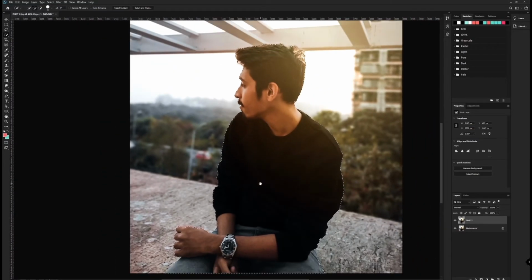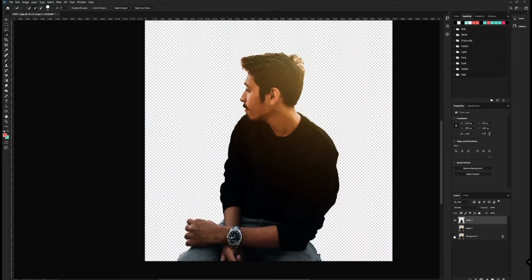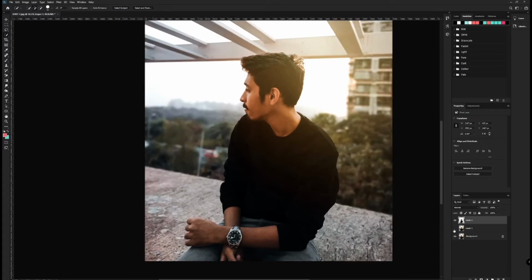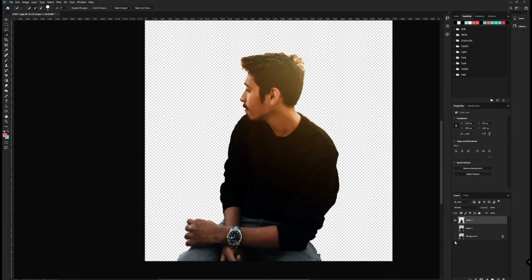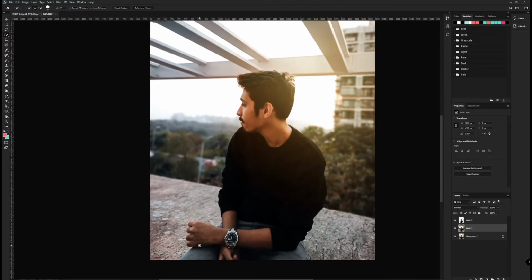So once I'm done with selecting my subject, I just make sure that there is any selection left out or not. So once that's done, make sure that you duplicate this image and turn entire layer off. Once when you're done with your selection, make sure that you save the background or the main subject as a PNG layer. Right now I'm gonna fix the background layer because I know there will be some issues.